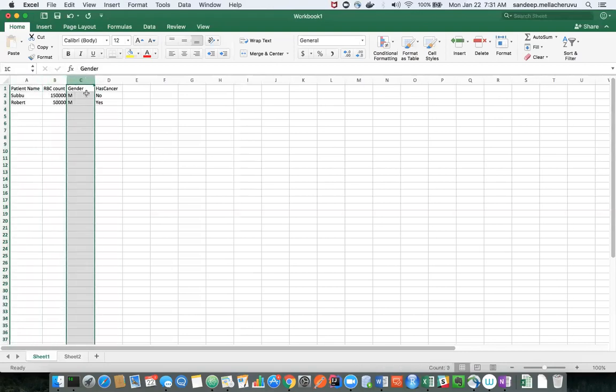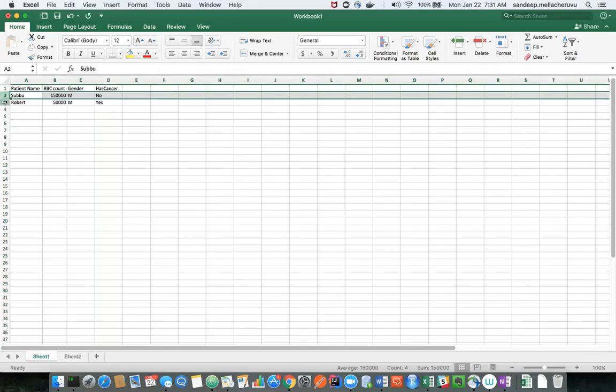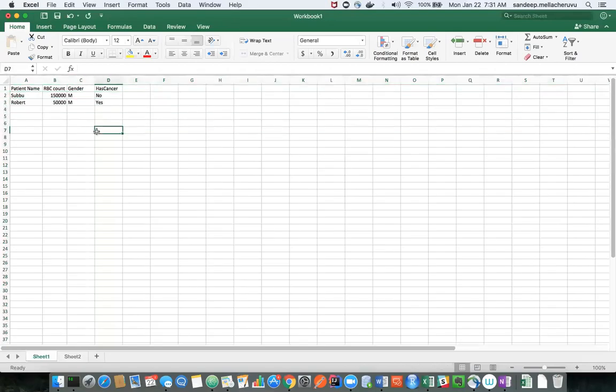Are you clear? So for example, if I want to ask you a question, how many males are going to get cancer? What is the percentage of males having cancer? For that, you need to analyze based on this column, not on the rows. Observations are only going to describe each element.